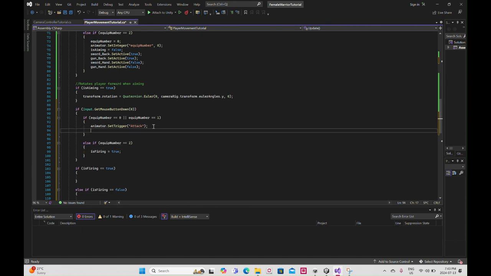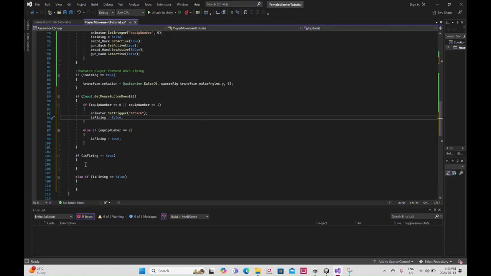Over here isFiring equals false. So if the left mouse button is pressed and equipNumber is 0 or 1, then it's going to do melee attacks. If the button is pressed but the equipNumber is 2, no, sorry, if the equipNumber equals 2, then isFiring is true, as to where here isFiring equals false. So if firing equals true,